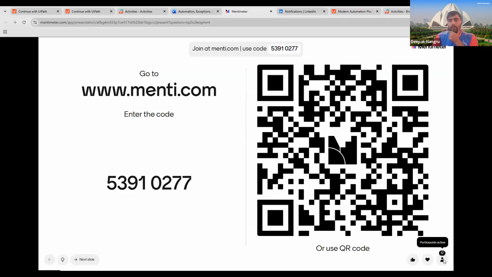I can see 15 people now. Okay. How many do we have, Ganesh, right now? 64. Okay, let's wait for a minute then. 31, 33. If the scanner is not working for you, just go to menti.com and enter the code that we have and it will work. Okay, we have 41.